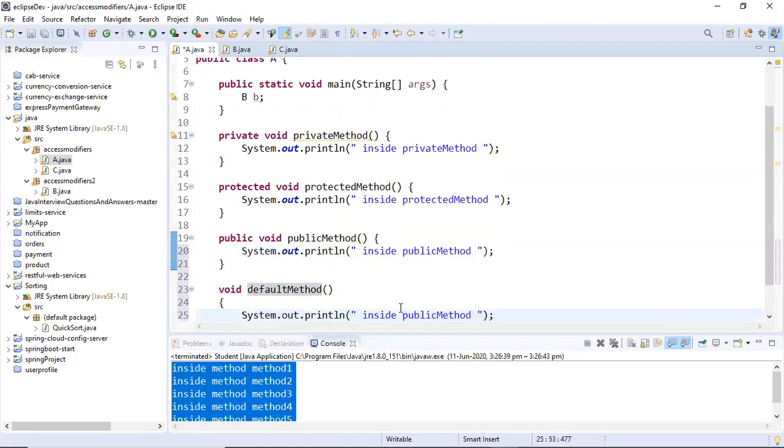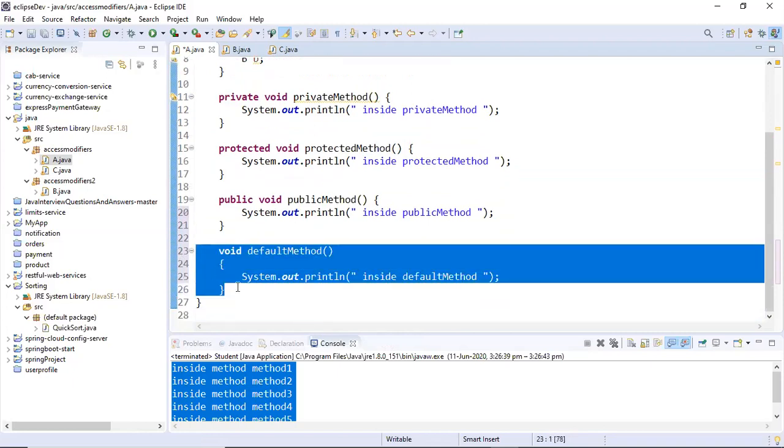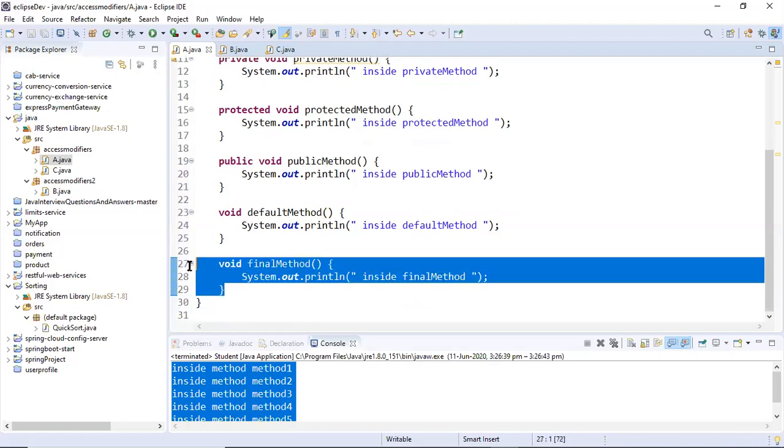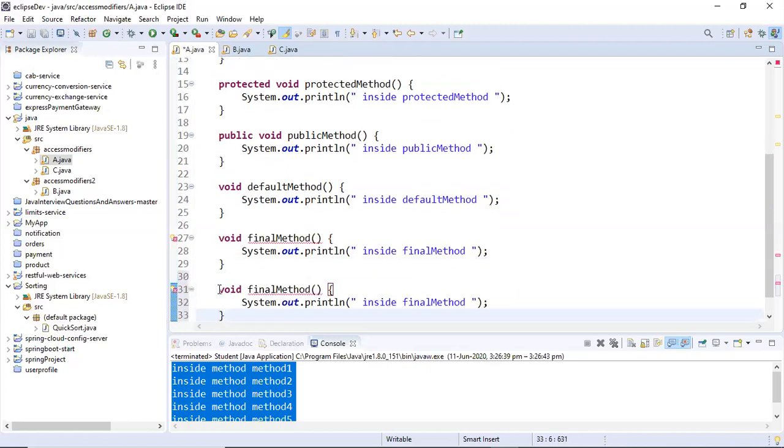So all the keywords I am displaying to you so that there is no doubt. A lot of times students face some doubt, and here what's remaining is the final method, right? Final method. See, I cannot write the abstract method, and I cannot use the default keyword here because it is allowed only in case of interfaces. So it will give you a compile time error. Let me call it default 2, so that the above error goes away.